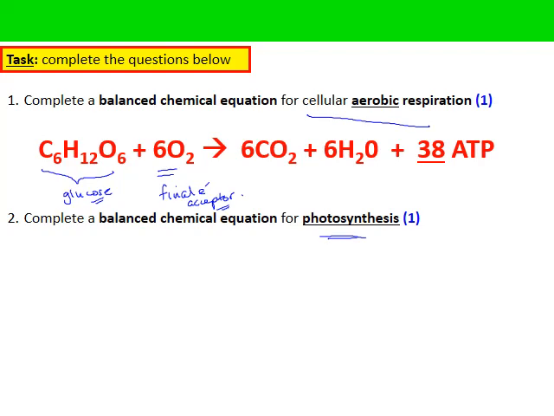to make ATP. Now we know some ATP is made by substrate level phosphorylation, 4 molecules, and we know the other 34 is made from oxidative phosphorylation inside the mitochondrion. Now we know carbon dioxide is a waste product of aerobic respiration. And we also know water is a waste product of aerobic respiration. And it's the oxygen, the molecular oxygen, that combines with electrons and protons that will form the water at the